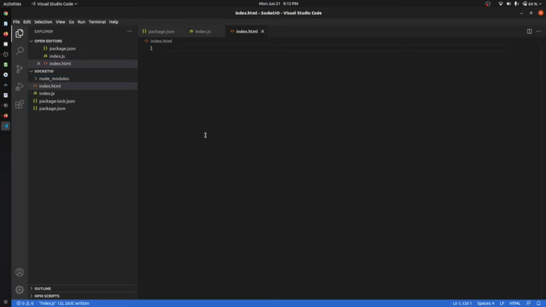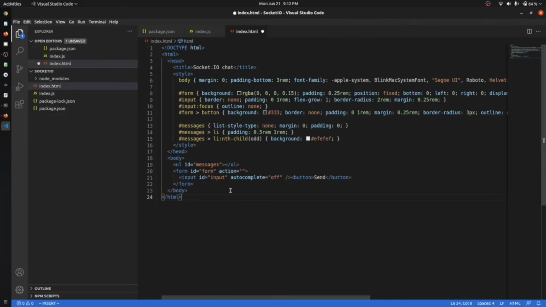Okay, and in this I'm gonna just paste a simple code that will have an input box and other stuff. So let me just copy and paste it. So we have pasted the code of our HTML part. Okay, you can see that it has some CSS and a UL. Okay, and let's just save it and see what happens.